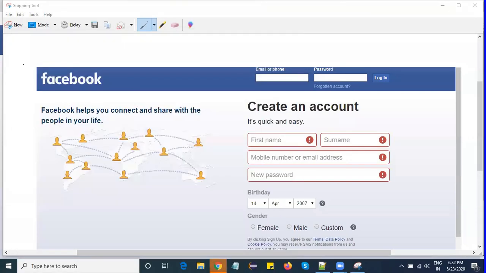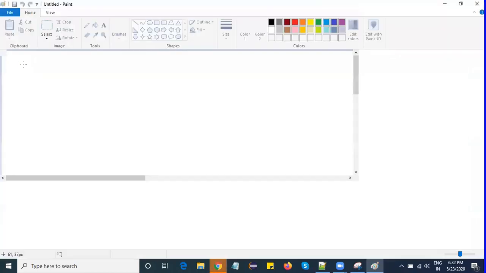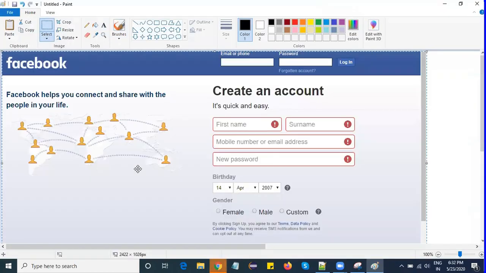Let me paste it. Okay, you see here, this is login. Login is a button, right? So if this forgot account is made like this, then I can also tell it is a button. Look and feel.